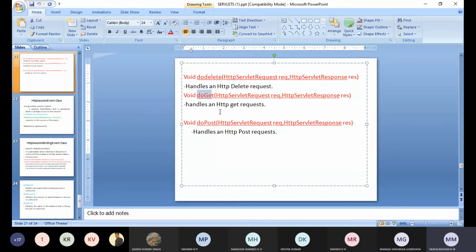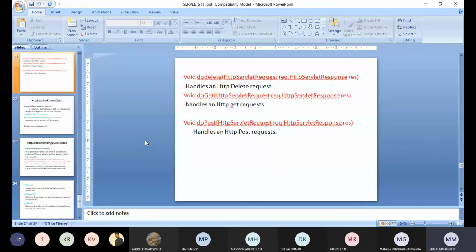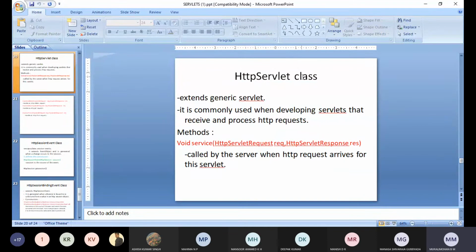This handles the HTTP get request, and doPost handles the HTTP post requests. These are the methods inside the HttpServlet class.